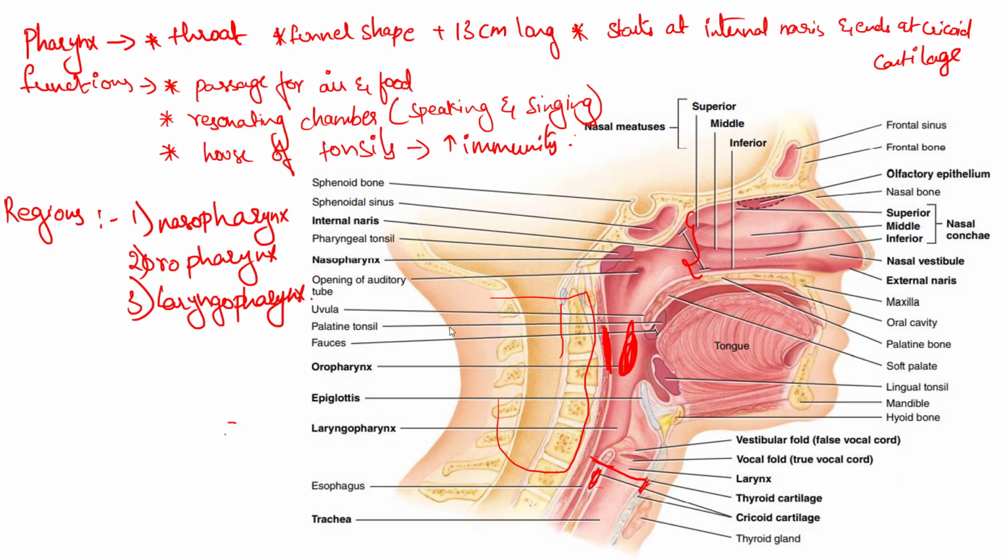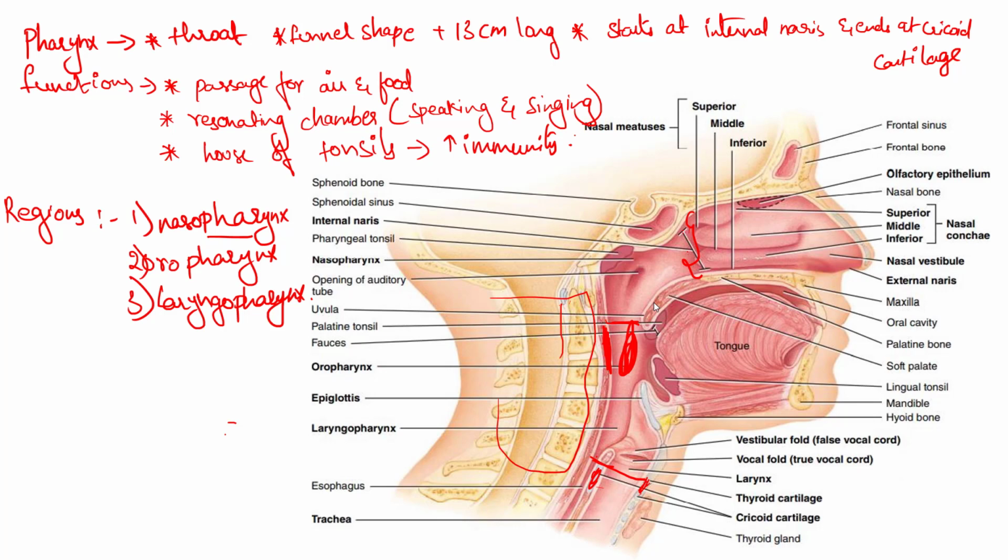So the first one, which is also the superior part of our pharynx, that is nasopharynx. It starts from nasal cavity and it will end near our soft palate. Where is this soft palate located? This soft palate is located in the roof of our oral cavity. So if you touch your oral cavity, you can feel one soft thing after this hard palate, that is soft palate. Not only that, the soft palate will divide our nasopharynx and oropharynx also.